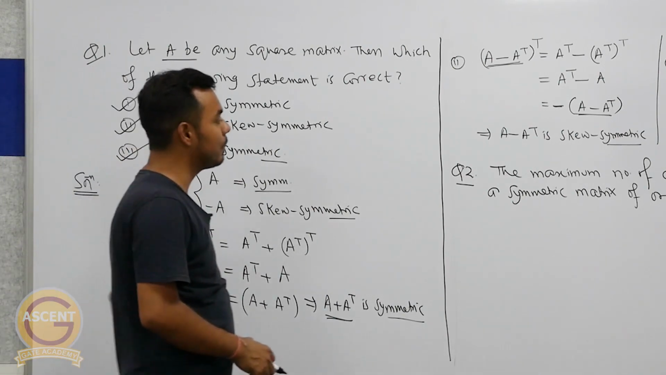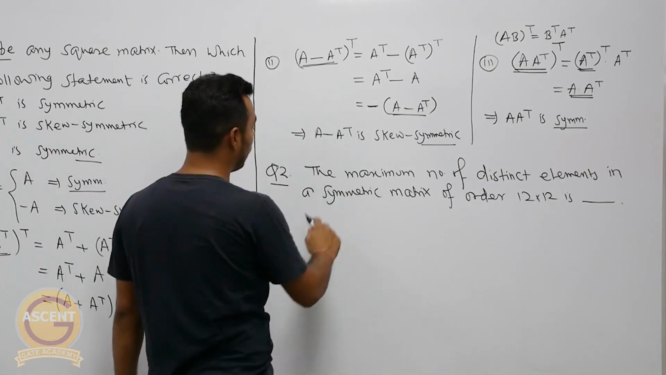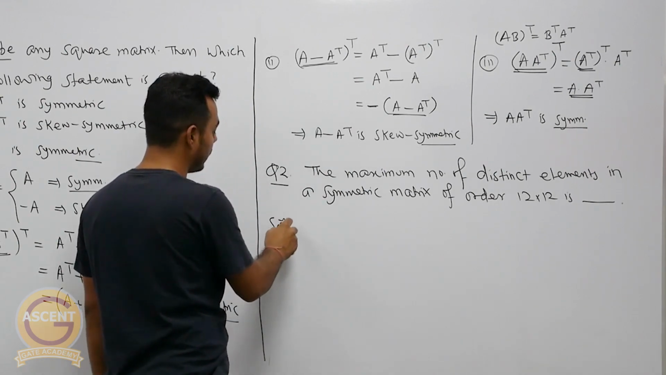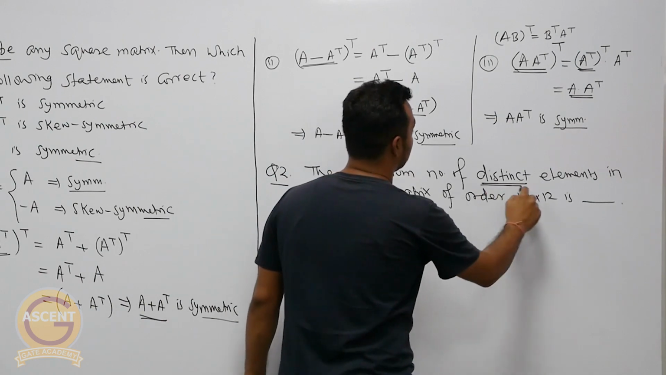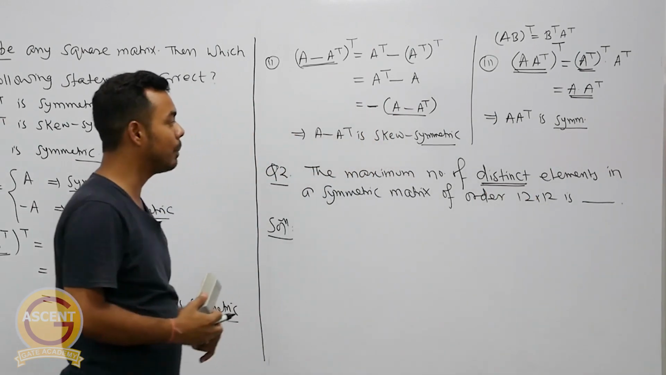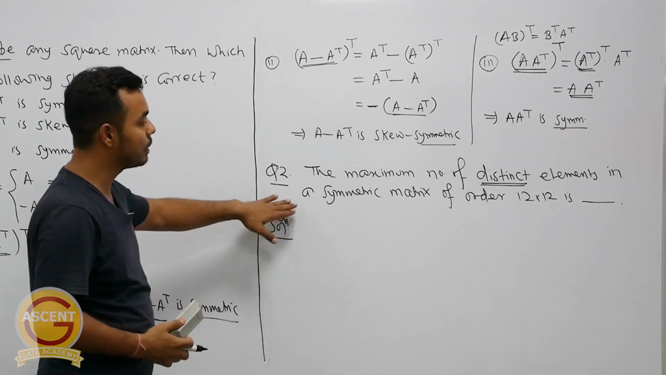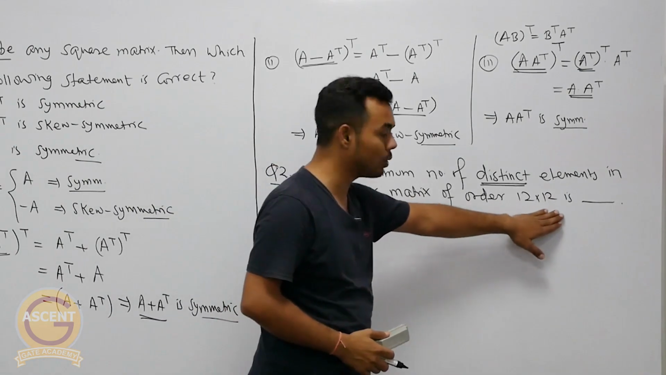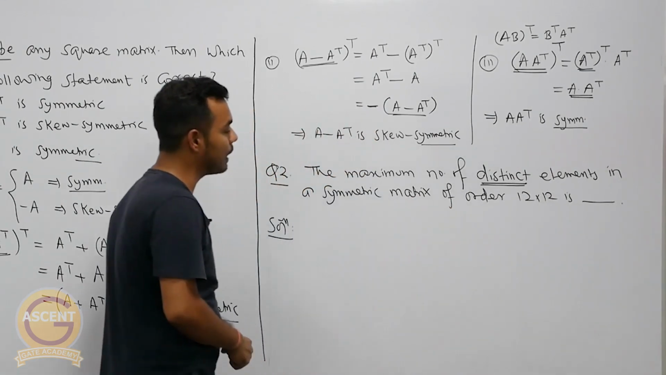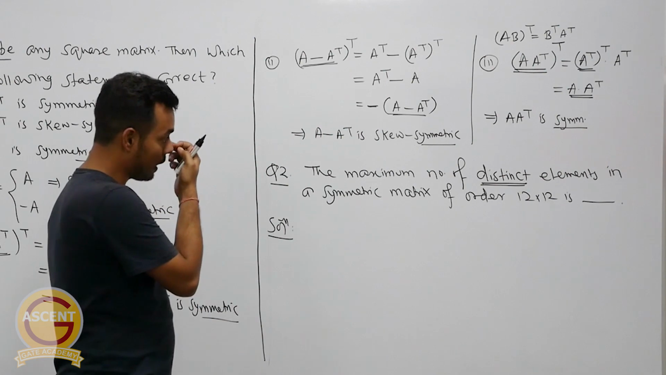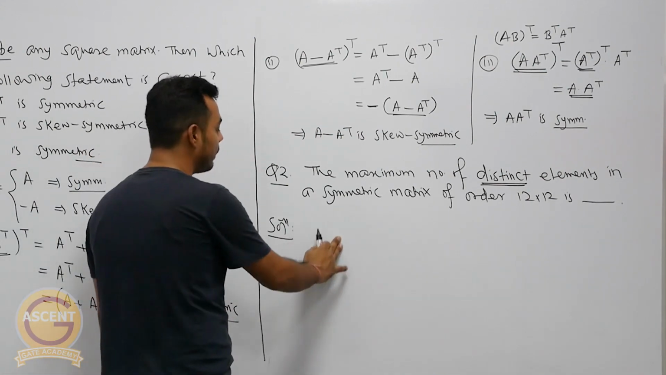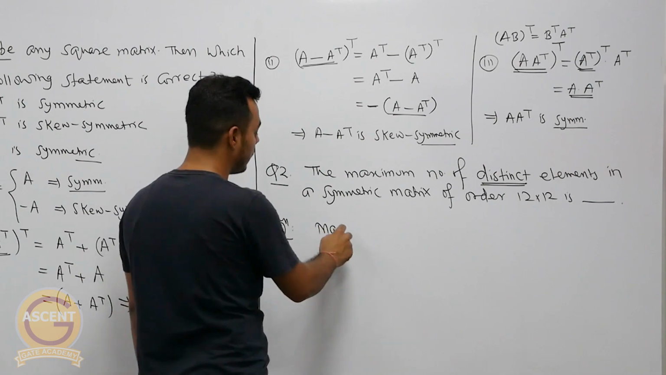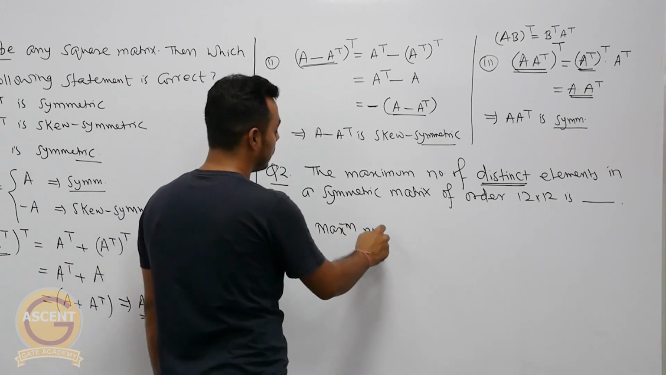Now the second problem is a directly formula based problem. We have seen the formula earlier. The question is the maximum number of distinct elements. Distinct means different. So the maximum number of different elements in a symmetric matrix of order 12 into 12 is. So we have a square matrix whose order is 12 and we have to find how many different elements are possible. So the formula that we have seen earlier is the maximum number of distinct elements